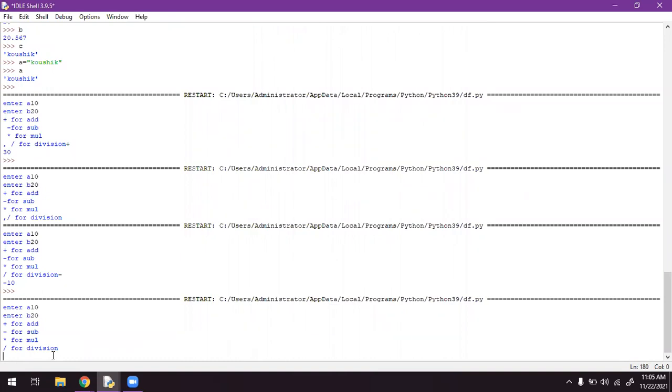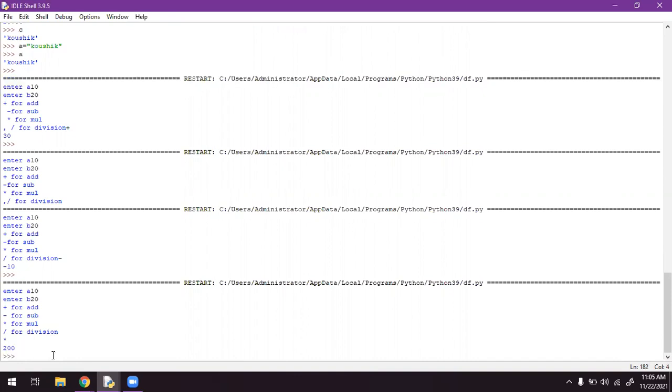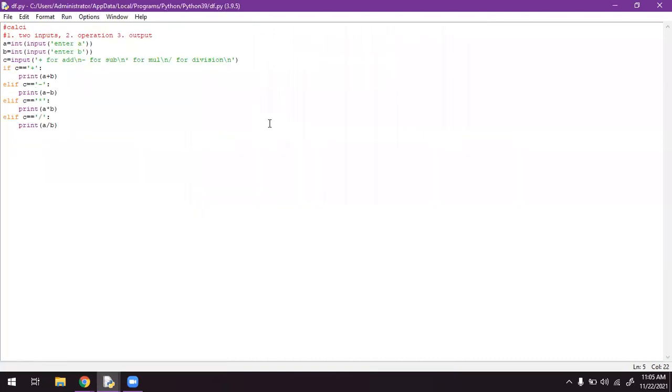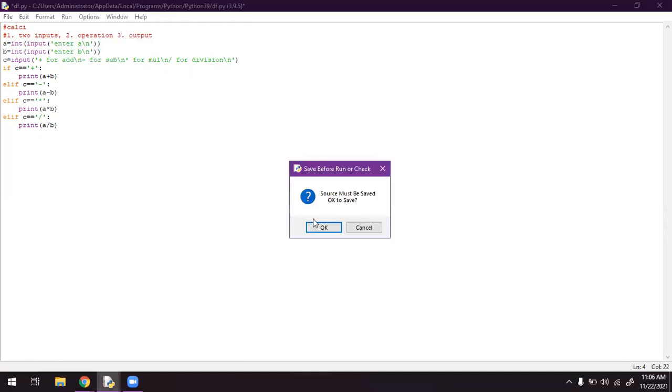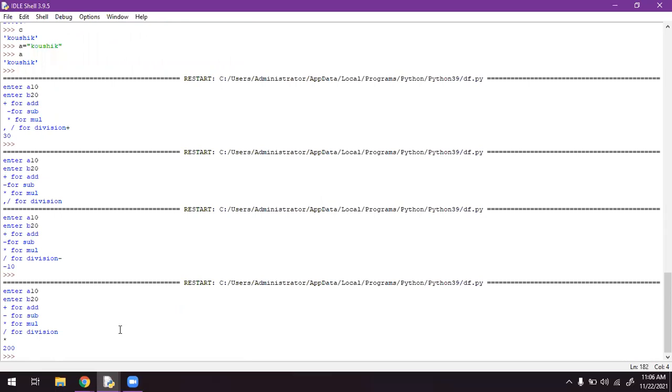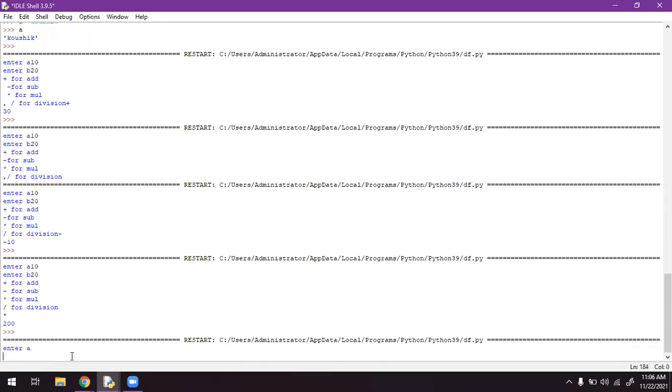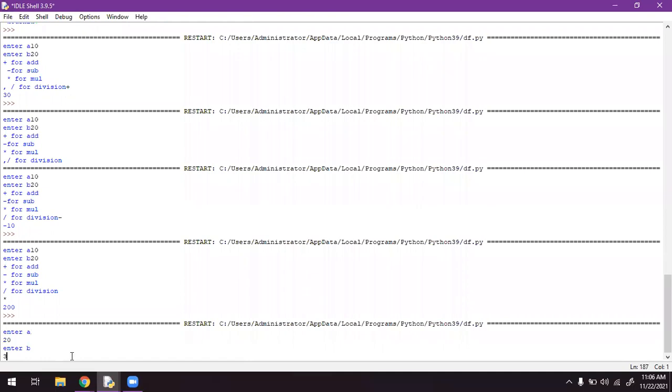Then we can choose multiplication, we got 200. If you still want to modify this thing a little bit further, you can use backslash n. A value is 20, b value is 30.